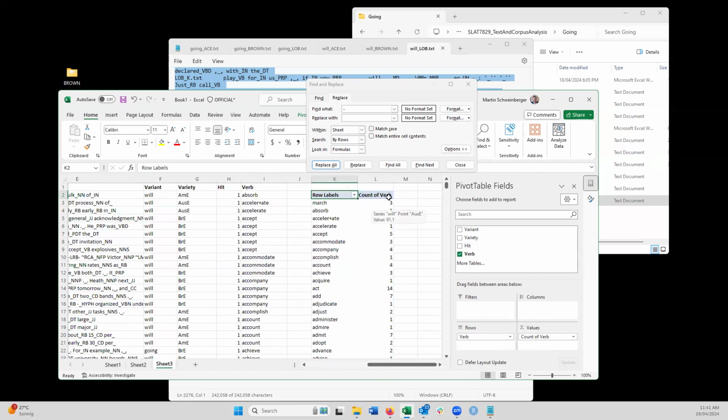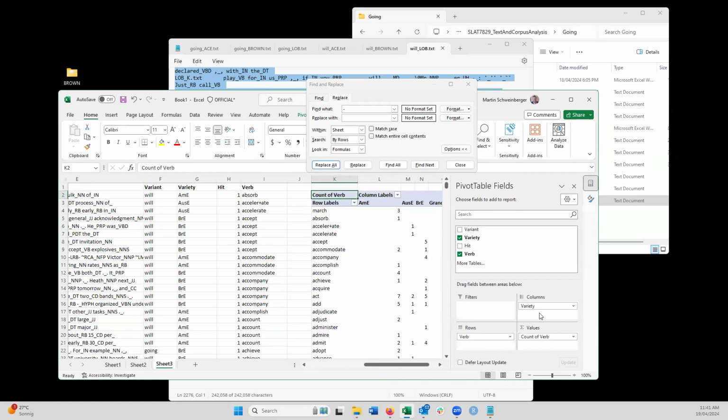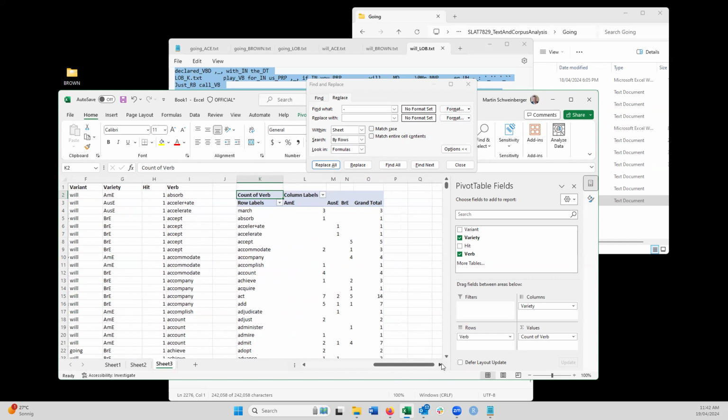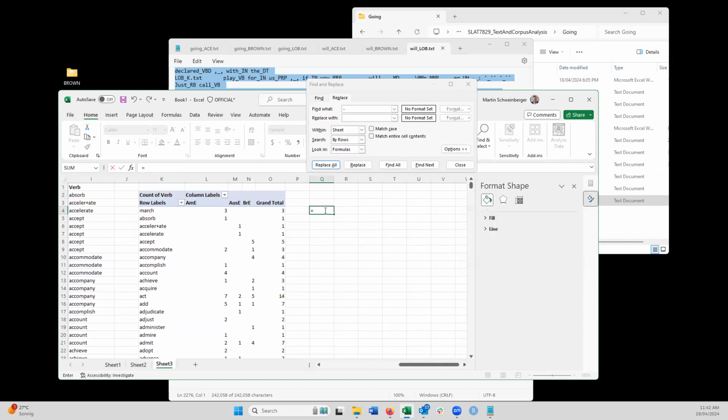So this is the count of verb, right? But we also want variety, obviously. Drag this into the columns. Right, so now we have the frequencies of all the verbs in these varieties. Okay, now I'm going to do something else. Namely, we need the zeros here, right? So here I'm going to say this if